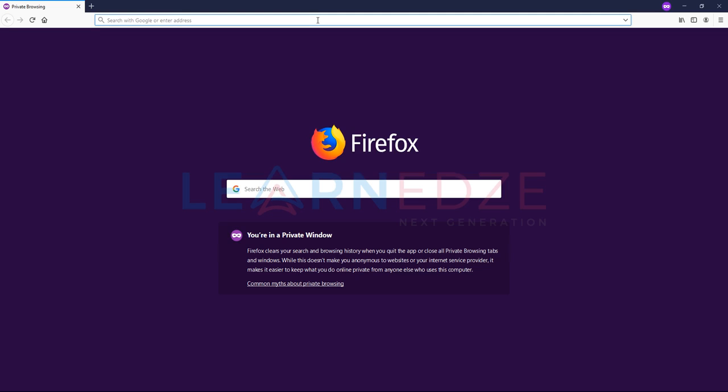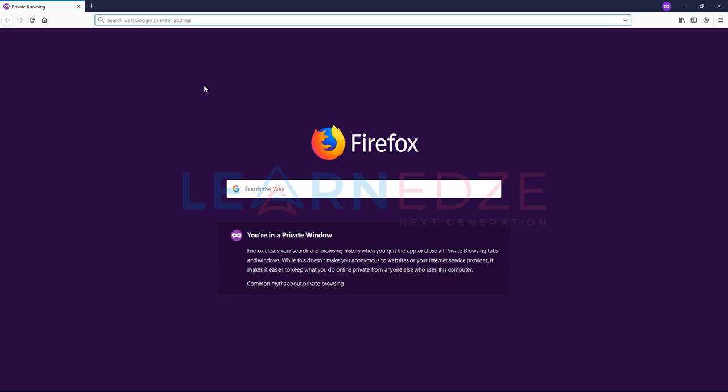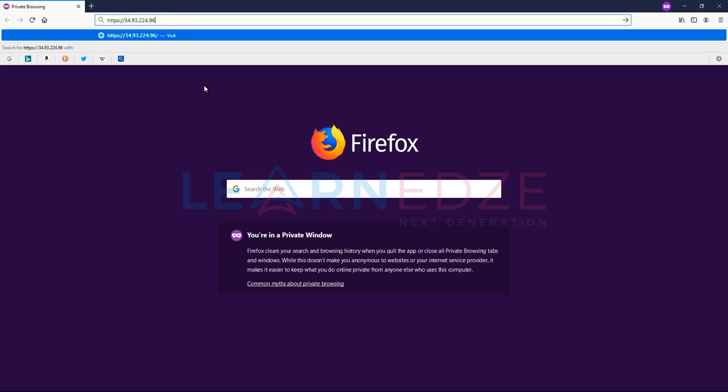Okay, now let us access the vManage UI and perform some initial configuration. How do we access the UI? If you look at this particular access guide, it should be on port 8443 and protocol is HTTPS. Okay, let's go to our browser, and I have copied this particular IP address already, 8443,